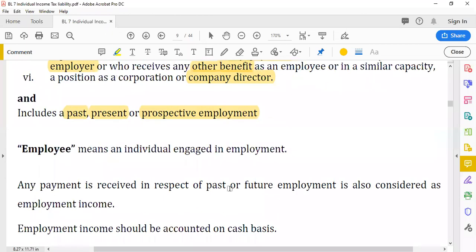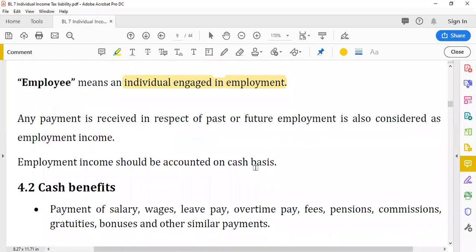Again, employee means an individual engaged in employment. Any payment received in respect of past or future employment is also considered employment income. What do you mean by past employment and future employment? Past employment,